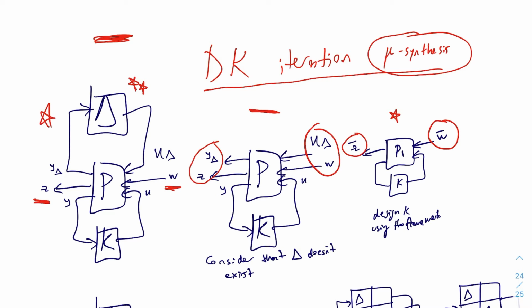It's a transfer function matrix, and we know what it is. Okay, and by the way, if you recall, this is exactly what we have seen in the H infinity framework. So the first step is,